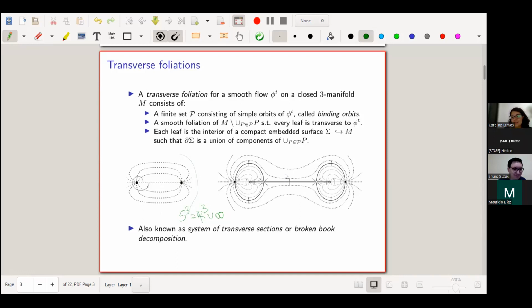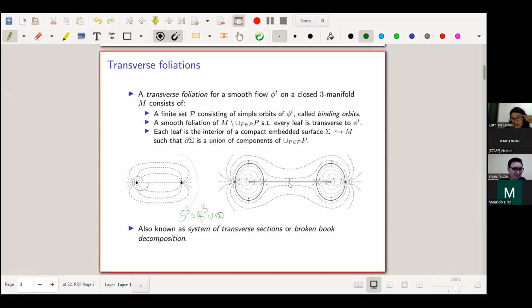And this one here is more complex. If you think of an axis here, and you are rotating around this axis, you have three binding orbits here, and you have some different families of leaves. So here you have a family of disks that is